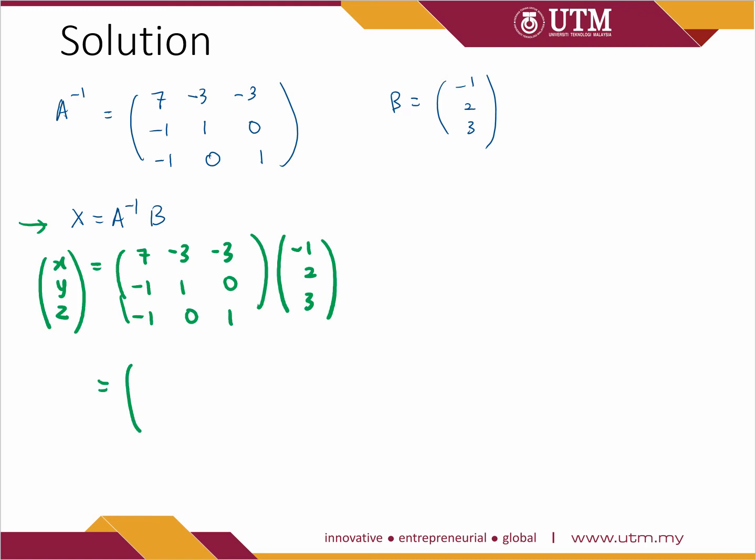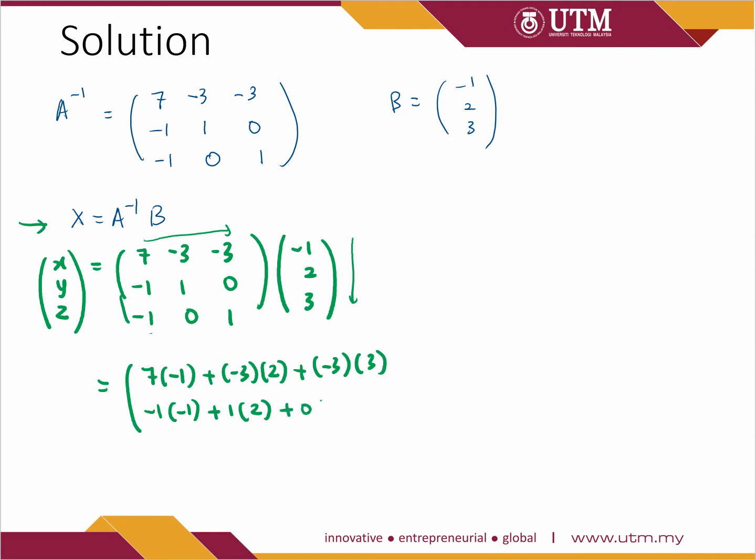Then multiply this, so we multiply matrix A with B. Here we have 7 times -1 plus -3 times 2 plus -3 times 3. For the second row, -1 times -1 plus 1 times 2 plus 0 times 3. And the last row will be -1 times -1 plus 0 times 2 plus 1 times 3,